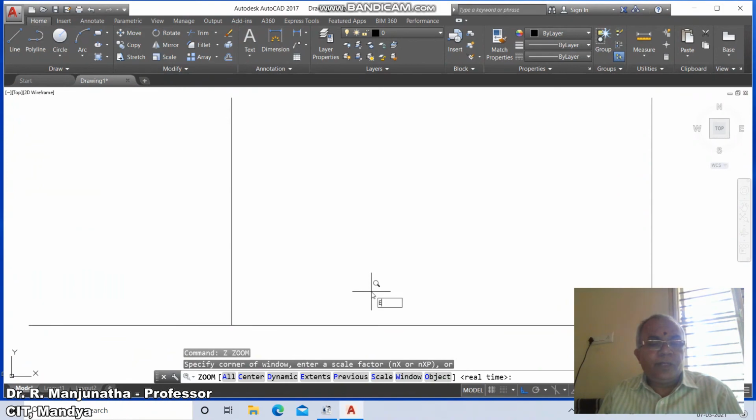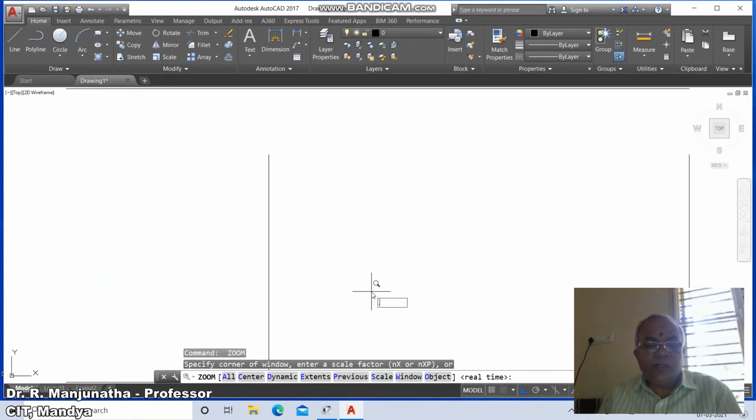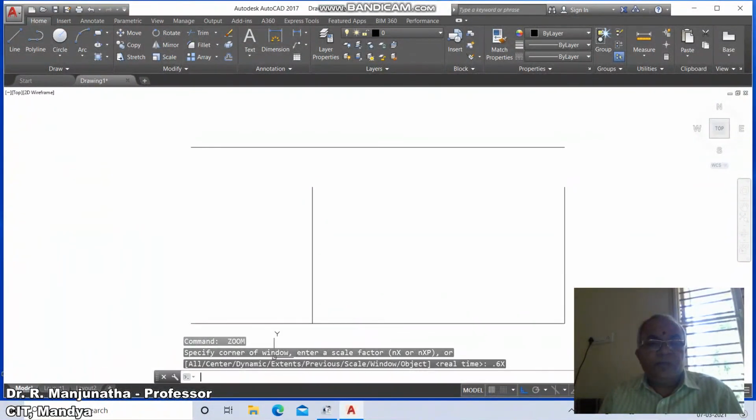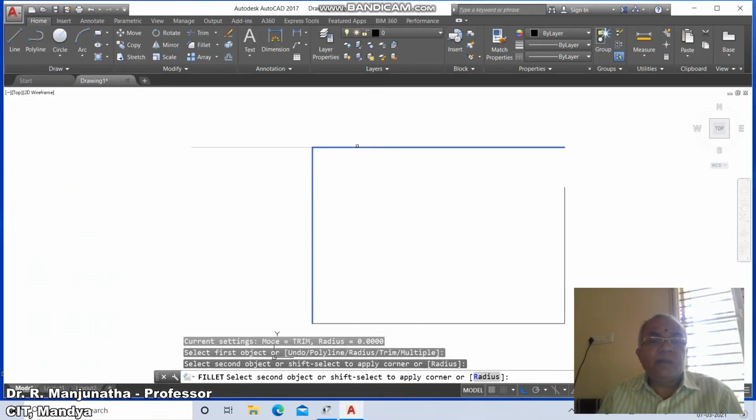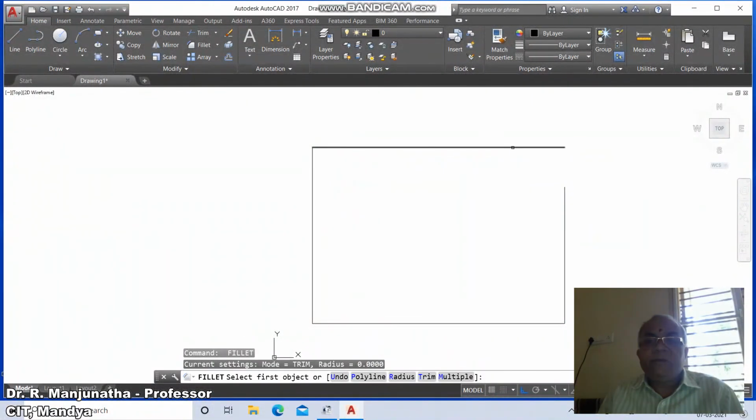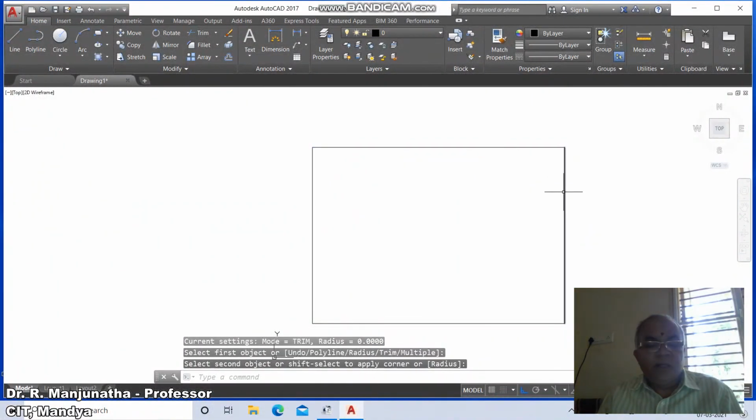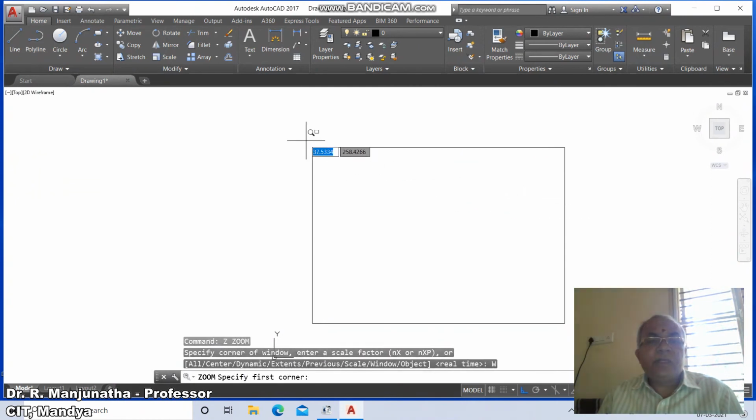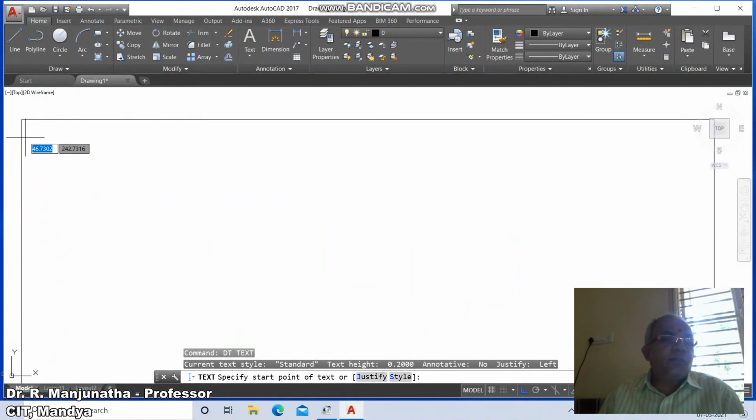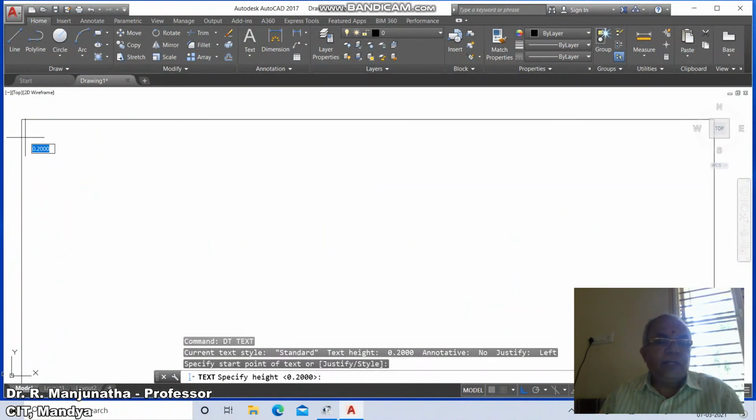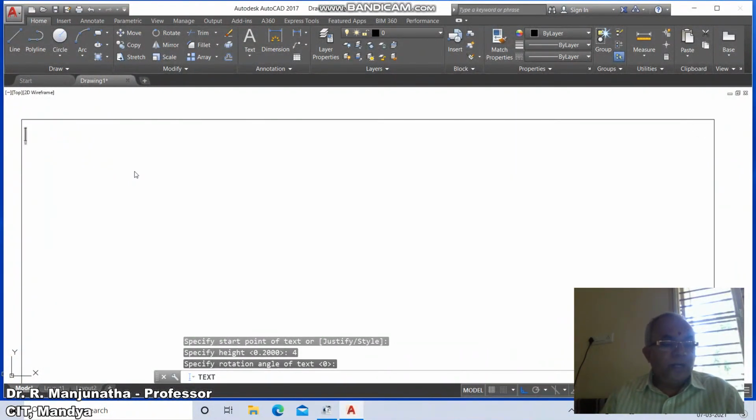Then go to zoom, extents and zoom 0.6x. Then go to fillet between this line and this line. Similarly, fillet between this line and this line. Then go to fillet between this line and this line. Then go to zoom window, select this and take the text. Specify start point, select some arbitrary point and click. Specify height as 4, rotation angle as 0 and type the problem